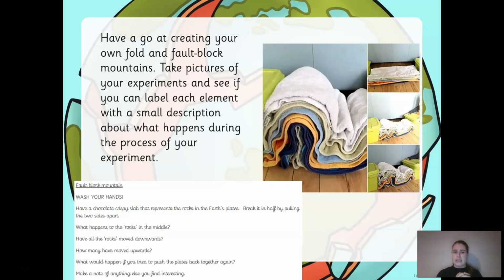So, I'm sure you've all seen the marshmallow crispy bars, or you've all made Rice Krispie cakes. And what you can do is with a rectangular tin, you can make a slab of this chocolate crisp, okay? So you can have your chocolate, a bit of butter, and your Rice Krispies. If you build that block, that's going to make your tectonic plates. Okay, so it's going to make the big earth plate underneath. And if you pull both sides of it apart, what you'll notice is the middle part might fall. If you were to push them back together again, then you might notice that it might pop that middle bit that fell out, and it might pop it up, and you'll be able to see that formation of the blocks,